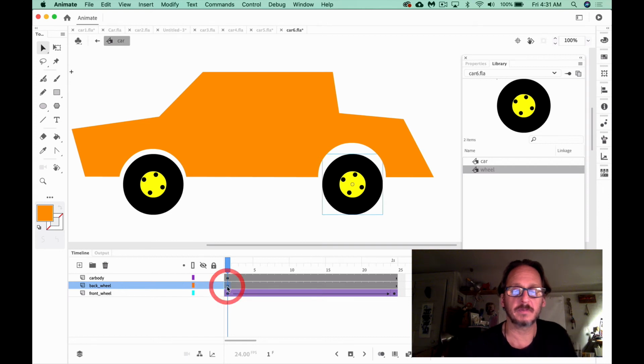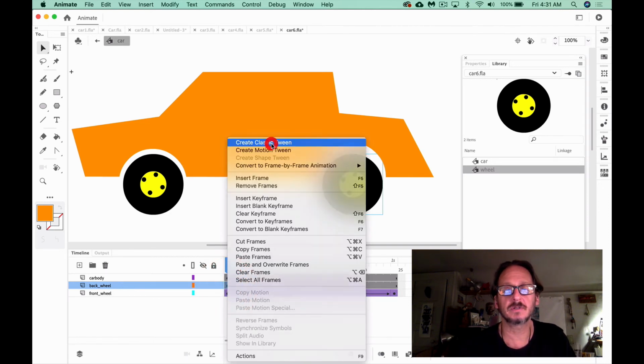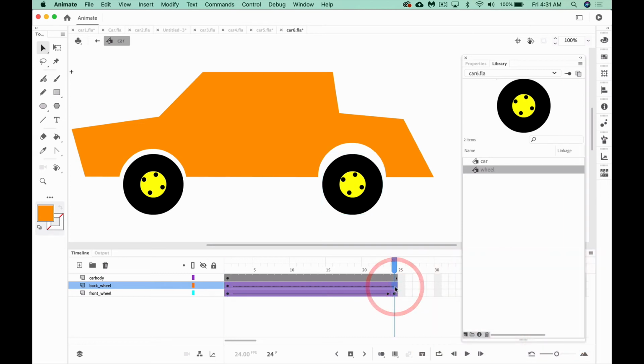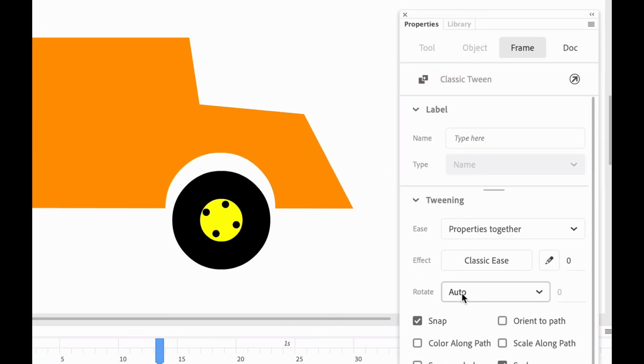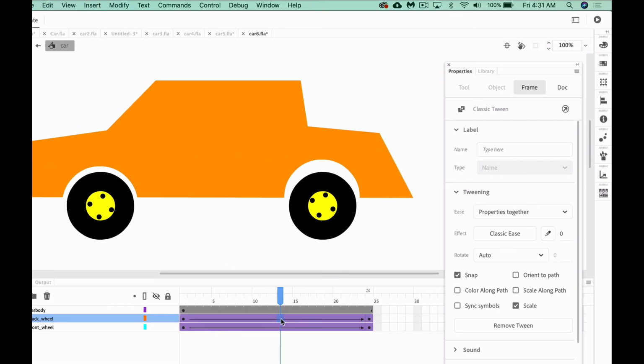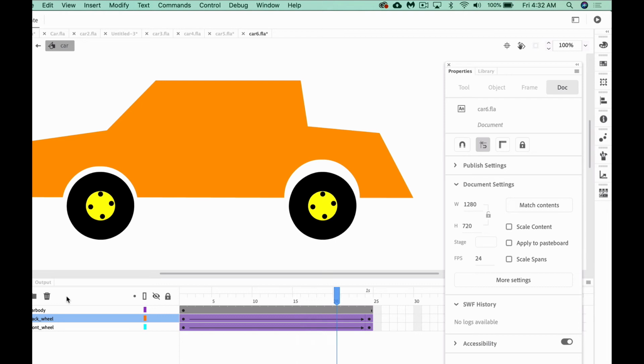I'm going to go to its keyframe and do the same routine. Turn on classic tween, go to the end. I'm going to F6 that. Then I'm going to go in between to the properties palette next and go to the rotate feature. These are mostly classic tween options, so I'm clicking in the right layer now, and I'm changing rotate, and I'm setting it again to counterclockwise. At this point, the two wheels are going to move identically with very little work.